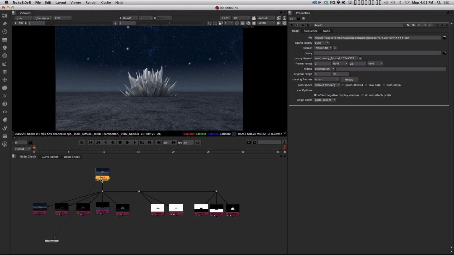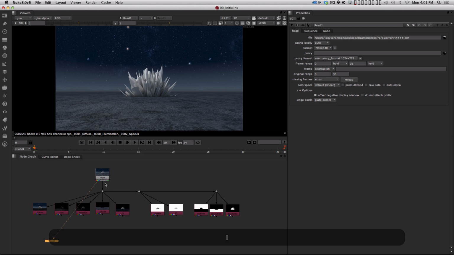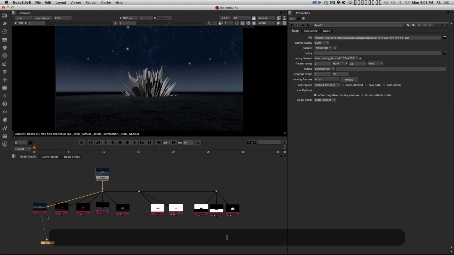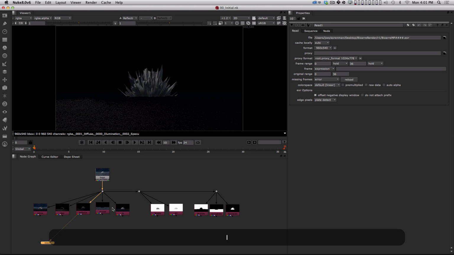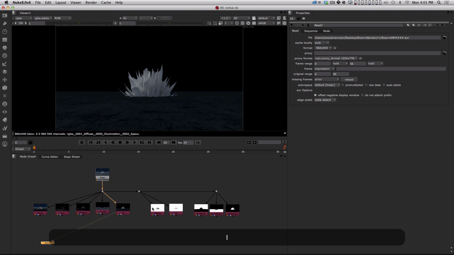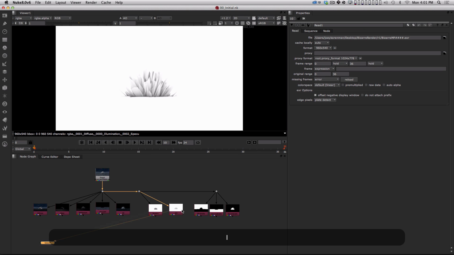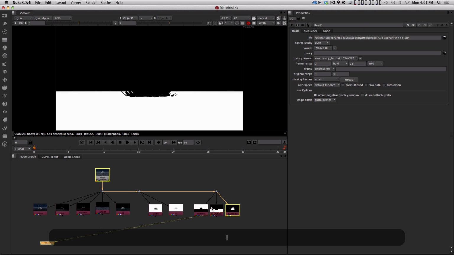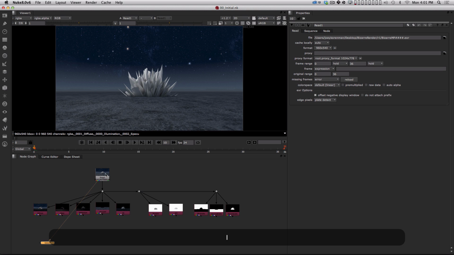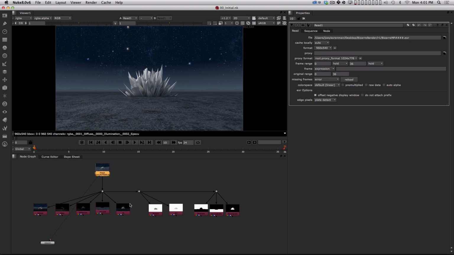In Nuke, if you hit the 1 key, you can see this little viewer here. This little dotted line is going to jump to whatever I select and then hit 1. So I can very quickly step through all of my passes, okay? Another really great thing about working this way is I can see here a visual representation of what the source